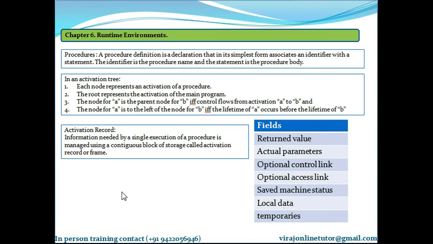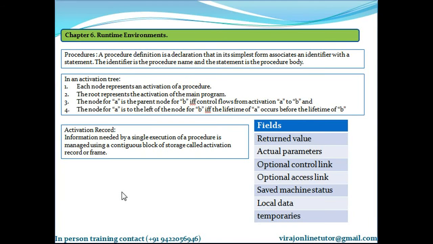Now what is an activation tree? Control flows sequentially, that is, execution of the program consists of a sequence of statements with control being at some specific point at any given step. Each execution of a procedure starts at the beginning of the procedure body and eventually returns control to the point immediately following the place where the procedure was called. This means the flow of control between procedures can be depicted using trees.